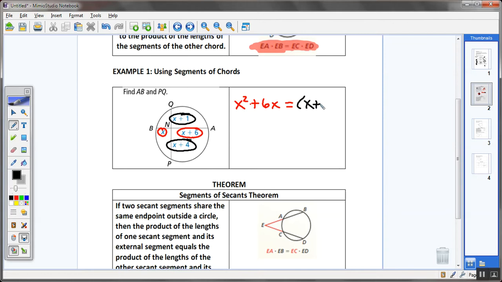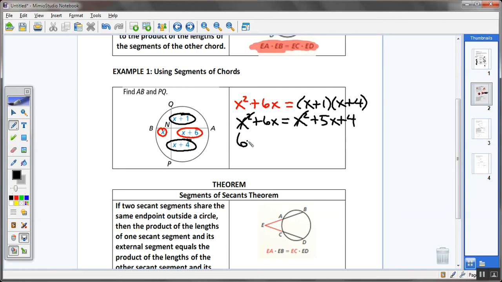So here we go, kids. On the left, I've already done the distribution. X times x plus 6 is x squared plus 6x. On the right side, we're going to have to FOIL. This will FOIL out to x squared plus 5x plus 4. If you notice, there's an x squared on both sides, so those simply cancel each other,